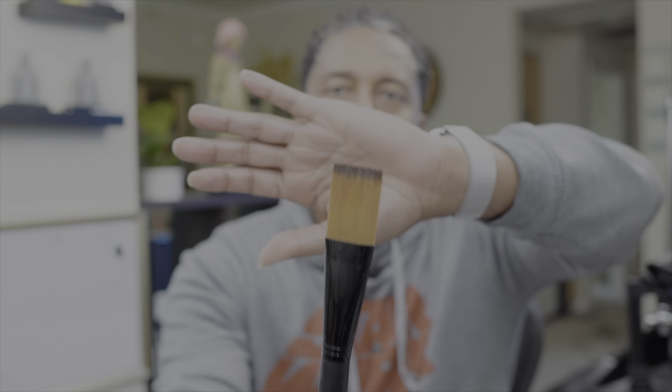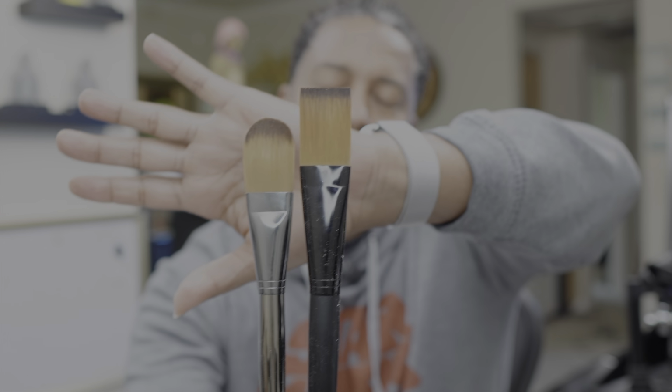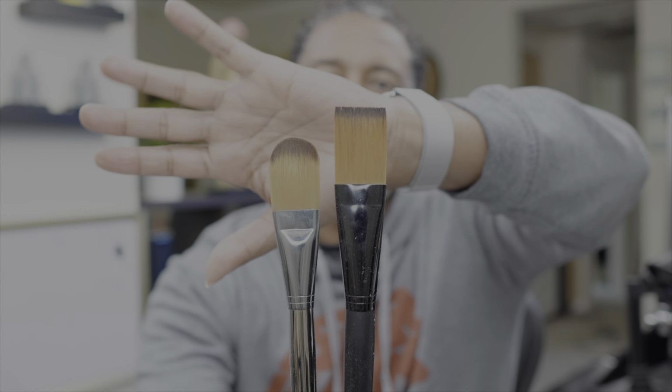If you are someone who paints with these kinds of brushes, so you can see this, you have a flat and a round, or actually, excuse me, a filbert. When you paint with these brushes, I can rotate them and spin them and get all kinds of different brush strokes. So if you're a painterly digital painter or a traditional artist who wants to get into digital paint and get that experience, the only way I found over the last 20 something years is